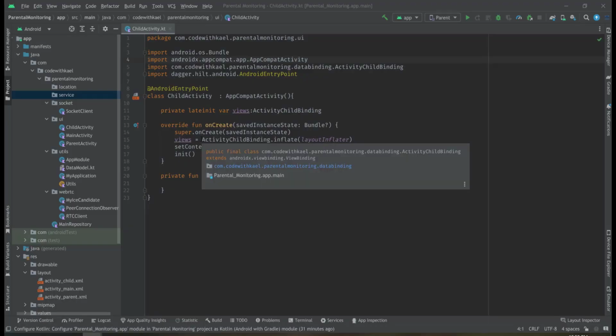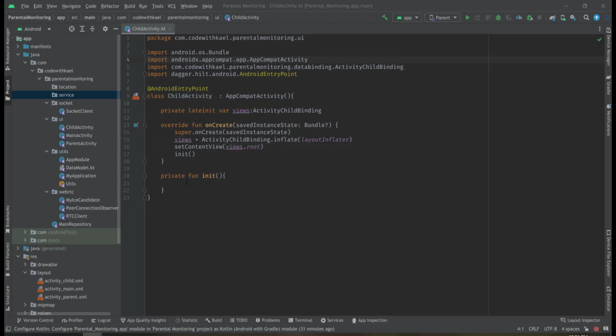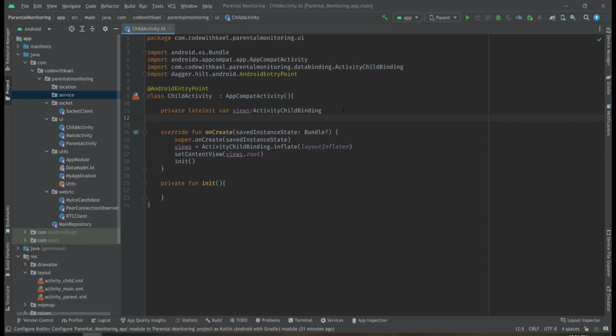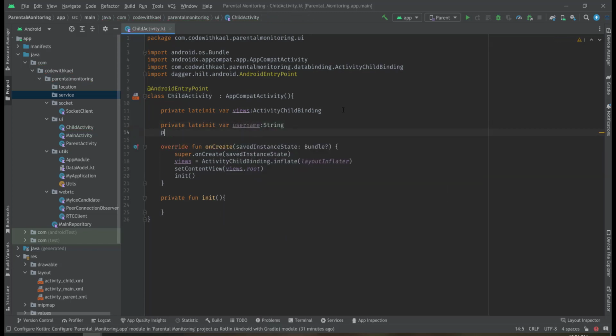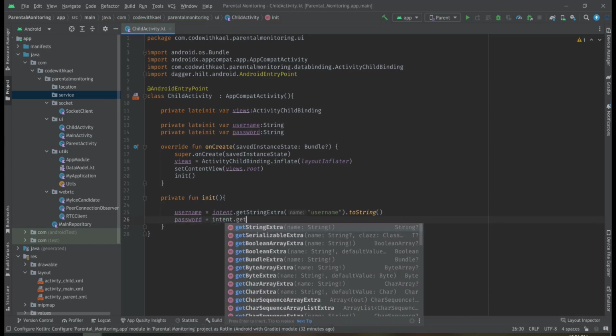In this video we are going to talk about child activity. So first thing to do, we need to get our username and password that we are retrieving from our intent. To do that, I'll create my lateinit variables called username from string type and the password also from string type. And inside my init block, from intent, username, the password is going to be intent.getStringExtra as well